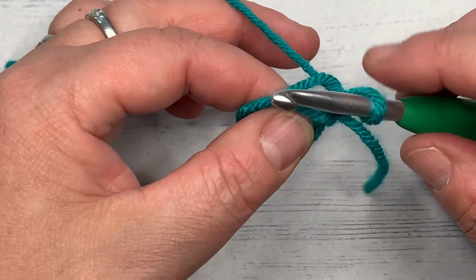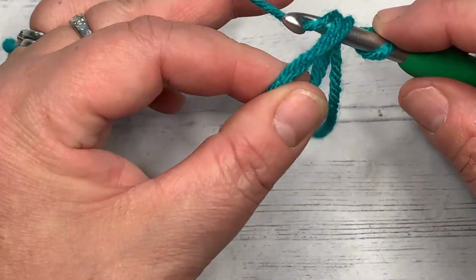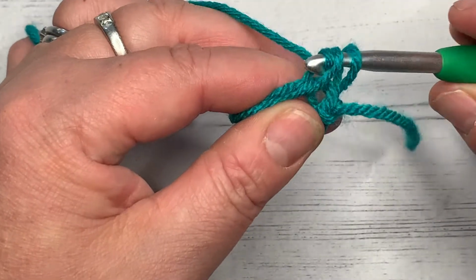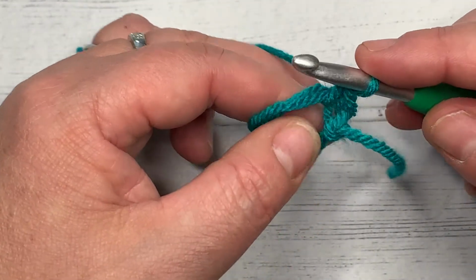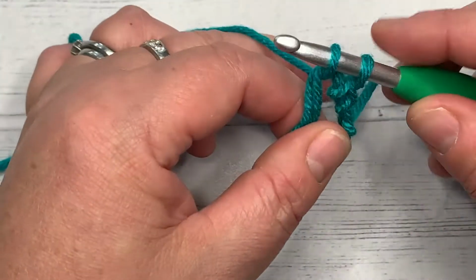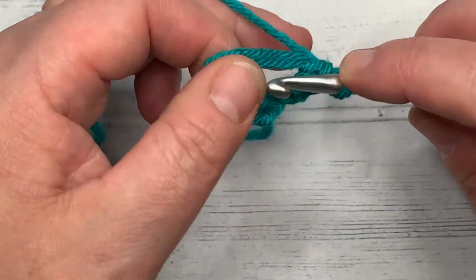So we're going to do 10 single crochet. So go through the loops, grab your yarn, pull it back through, 2 loops on your hook, yarn over, pull through both loops. That's 1 single crochet. We need 10 of these. So through the loop, grab, 2 loops on your hook, yarn over, pull through 2. That's 2,